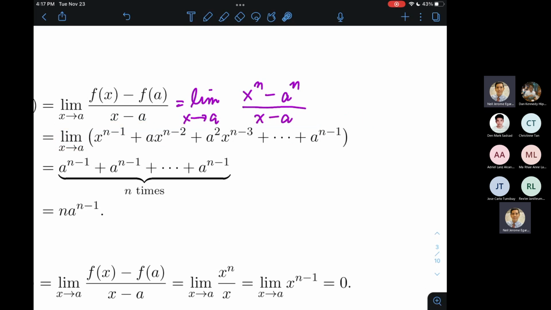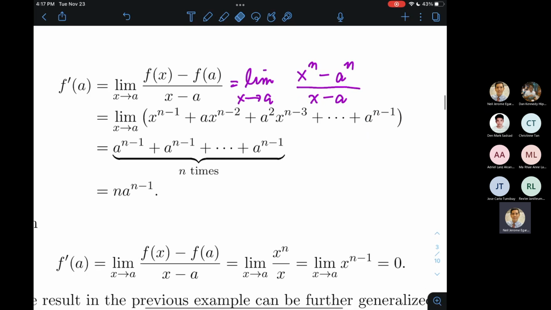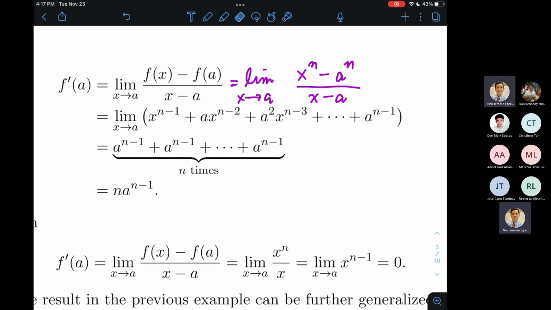The x minus a's will cancel each other out, leaving us with this expression. And this is why I realized earlier na kailangan kong exempt yung case na si a ay 0 because of this term here, a to the power n minus 1. So if n is equal to 1, magkakaroon ako ng a to the 0. Pero si a ay 0, magkakaroon ako ng 0 to the 0, which is undefined. So kaya kailangan ko siyang i-exempt. All right? And then we are now just evaluating the limit.